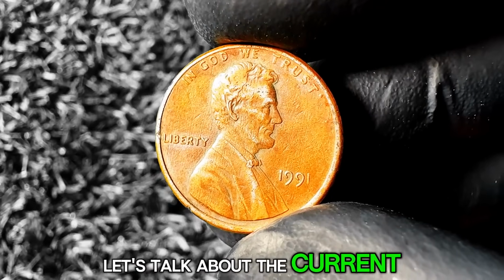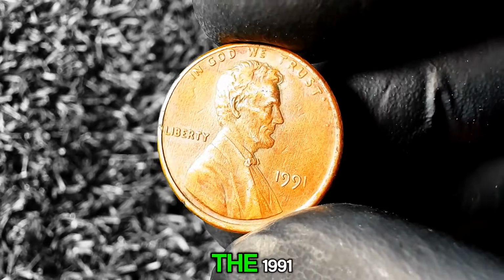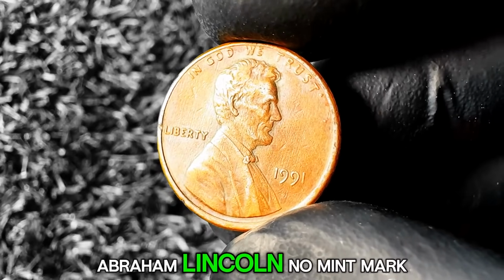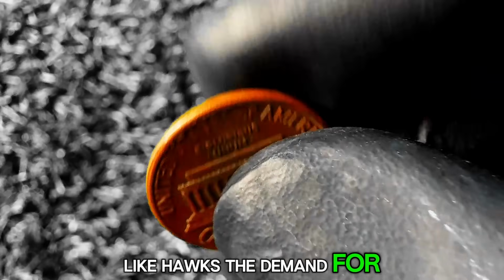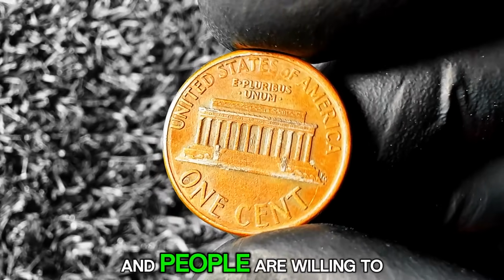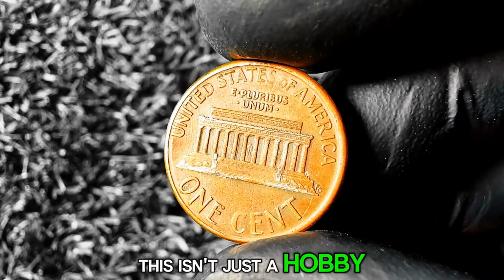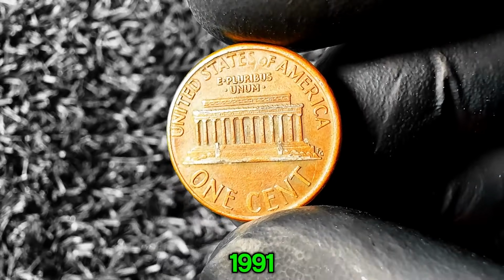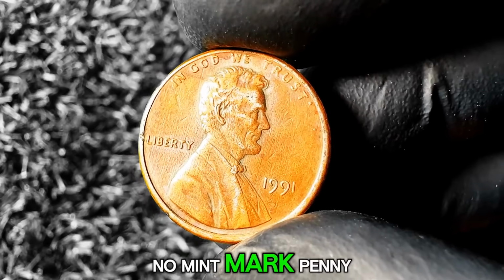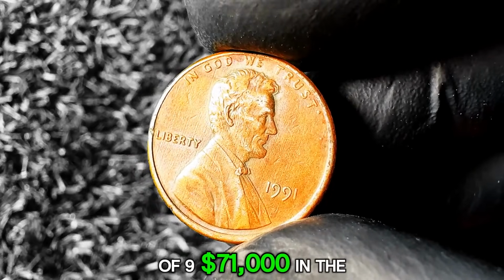Let's talk about the current coin market. As we speak, collectors and investors are watching the 1991 Abraham Lincoln No Mintmark Penny like hawks. The demand for rare pennies is skyrocketing, and people are willing to pay top dollar for a piece of history. This isn't just a hobby for some, it's a gold mine. Experts are predicting that the 1991 No Mintmark Penny could fetch even more than its current market value of $971,000